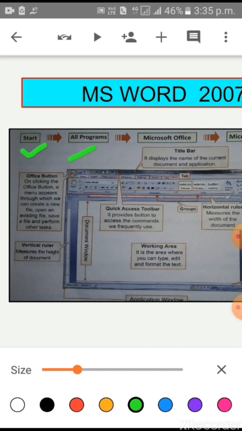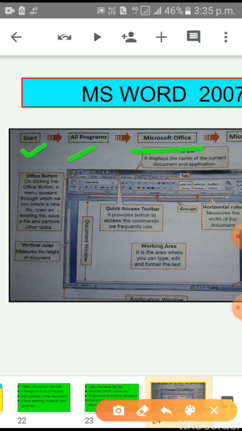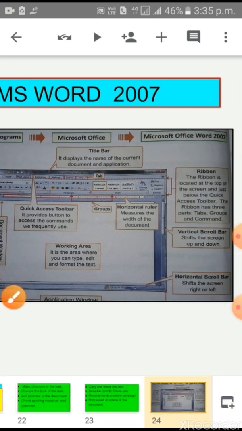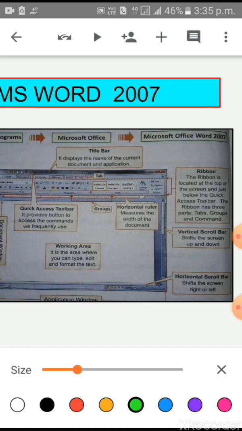Next, go to Programs, all programs. After that, go to MS Office, Microsoft Office. After that, go to MS Office Word 2007. This one. Clear?